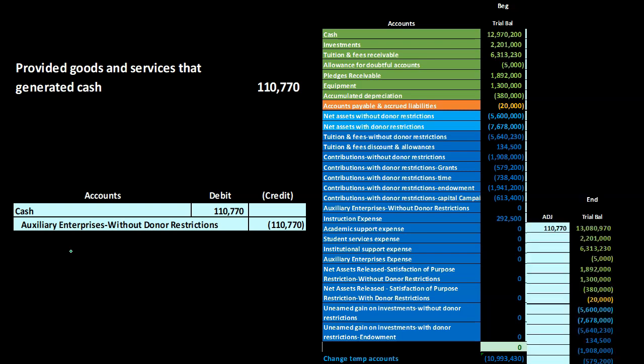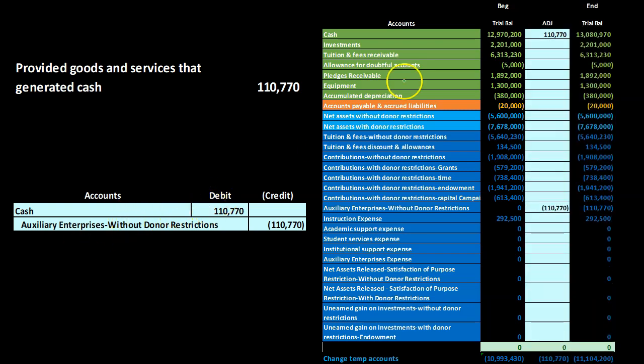So if we post this out, then we're going to say cash is going to go up top. Cash is going to be increasing in the debit direction. The other side going to the auxiliary enterprises without donor restrictions. That's going to be increasing in the credit direction. Again, another kind of income type of account, increasing the credits in the temporary accounts, back in balance down below, and the debits minus the credits, or the revenue minus the expenses, results in what would be similar to a net income of the